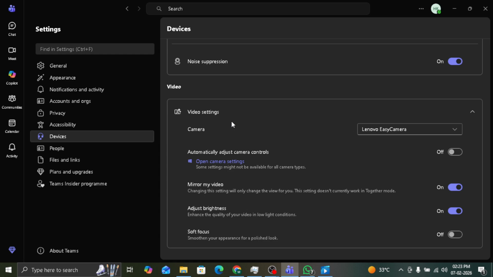In the Devices settings area, scroll down to find the Camera section. Here, you'll encounter a drop-down menu where you can select your preferred camera. This is an essential step, especially if you want to ensure that your video quality is at its best during meetings or virtual calls. When you click on the drop-down menu under the Camera section, you will see a list